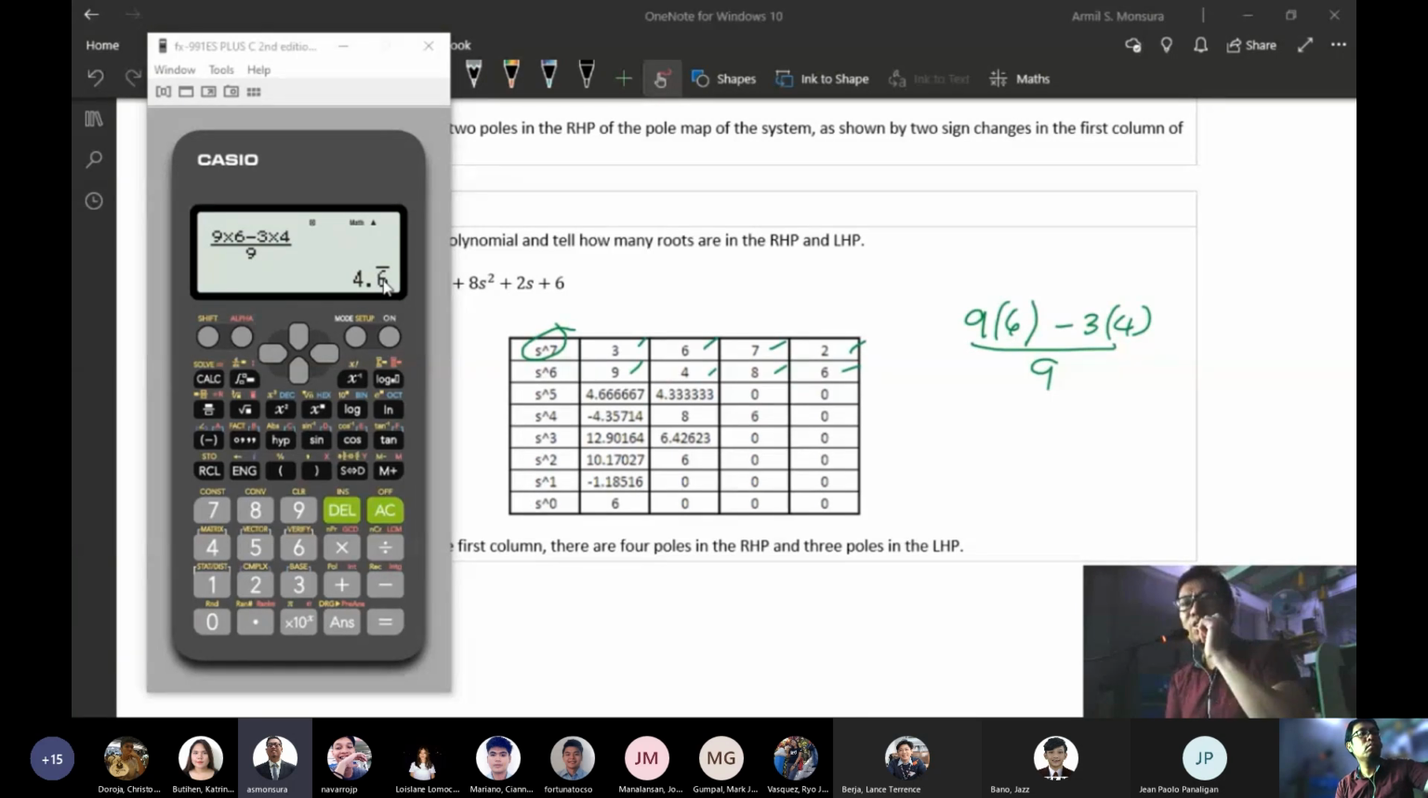So it's okay to leave it as a decimal, but be careful with the rounding off. My recommendation is 4 decimal places or 4 significant figures, to be safe. Okay. So this is 4.667. Next, this can be obtained by